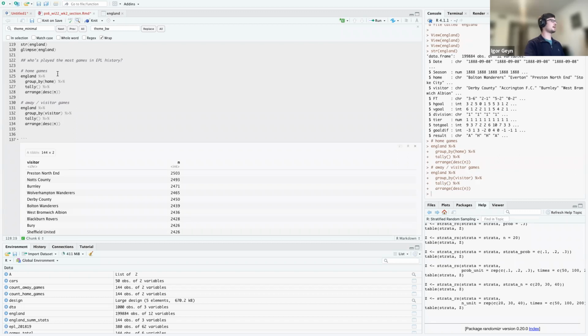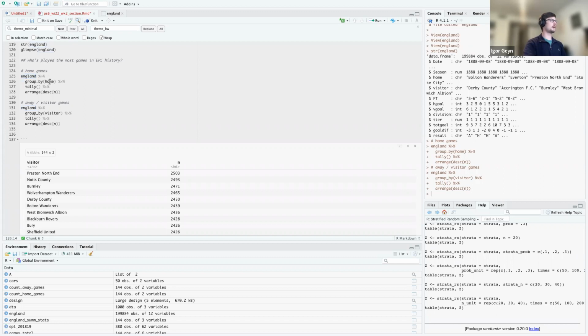But all of that aside, what's actually happening here is I'm taking my data frame, called England, and then I'm doing something called group by home, which is this bread and butter procedure that you'll see in other programming languages as well, like SQL and others that do any kind of database or data frame type operations. But the bottom line is that it's going to be aggregating. It's going to be combining all the different rows